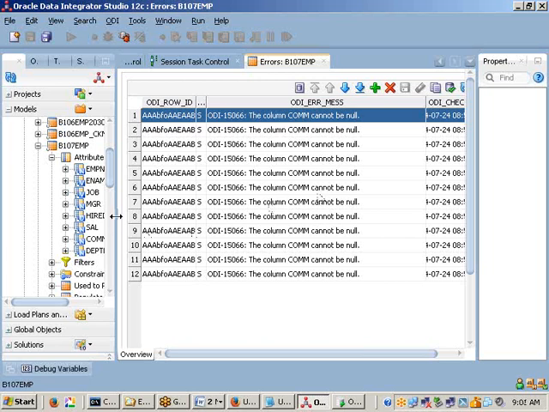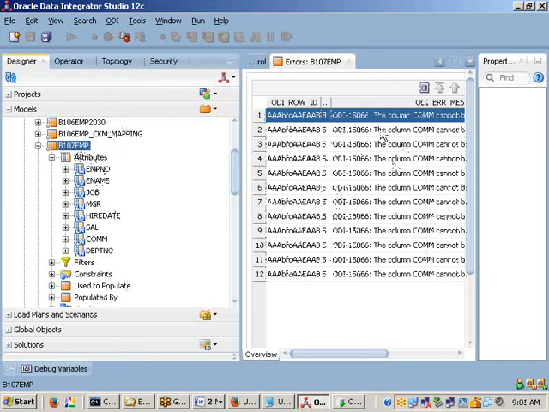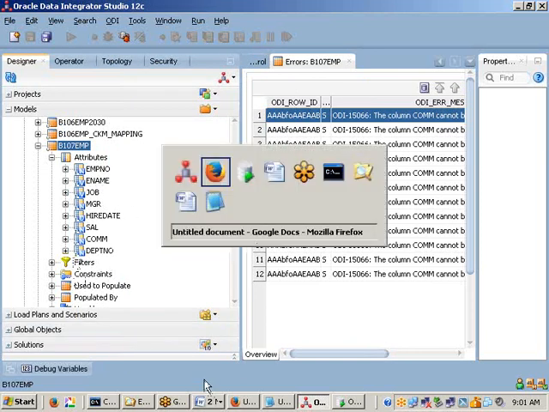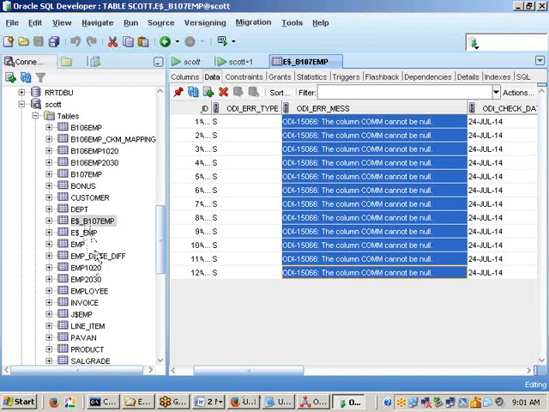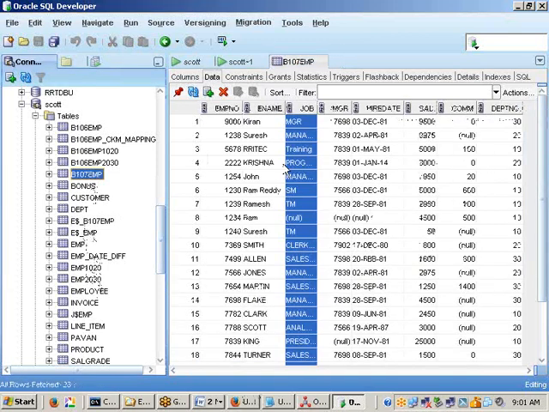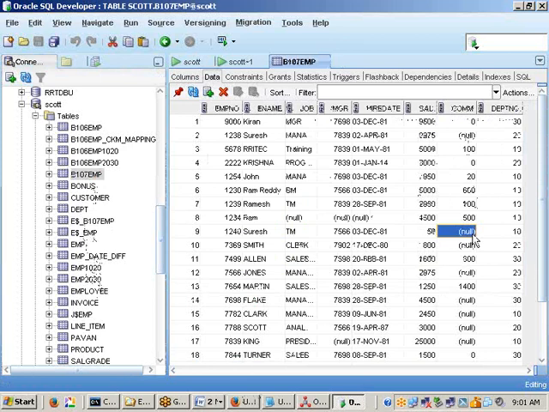As of now, I am not deleting the records from the source table, sir. Even though I moved them into the error table, if I go and see my source table, the error records are still available in B107 EMP. My goal now is, first, to move them into the error table automatically. Second, once moved into the error table, I want to delete the records from the original source table, so that this data stops moving into the data warehouse. How can I do that?